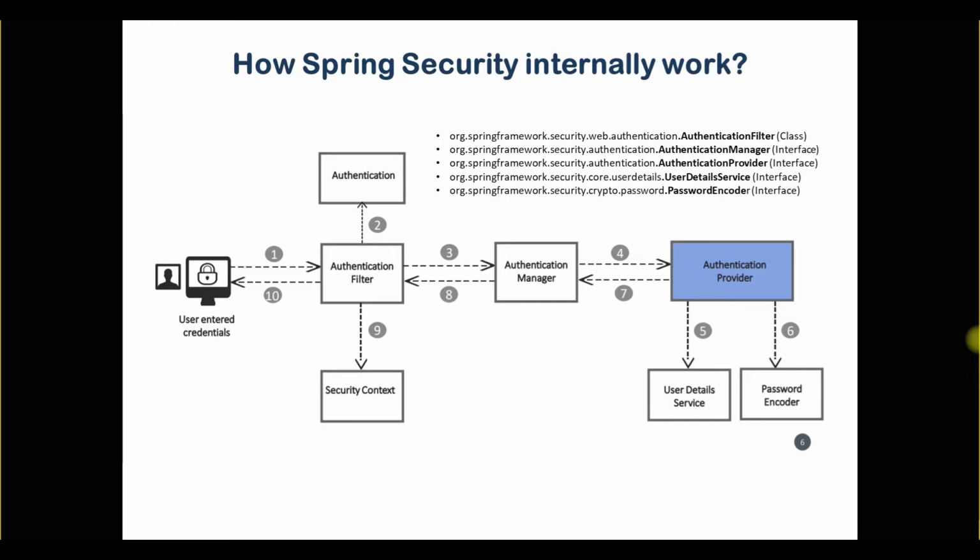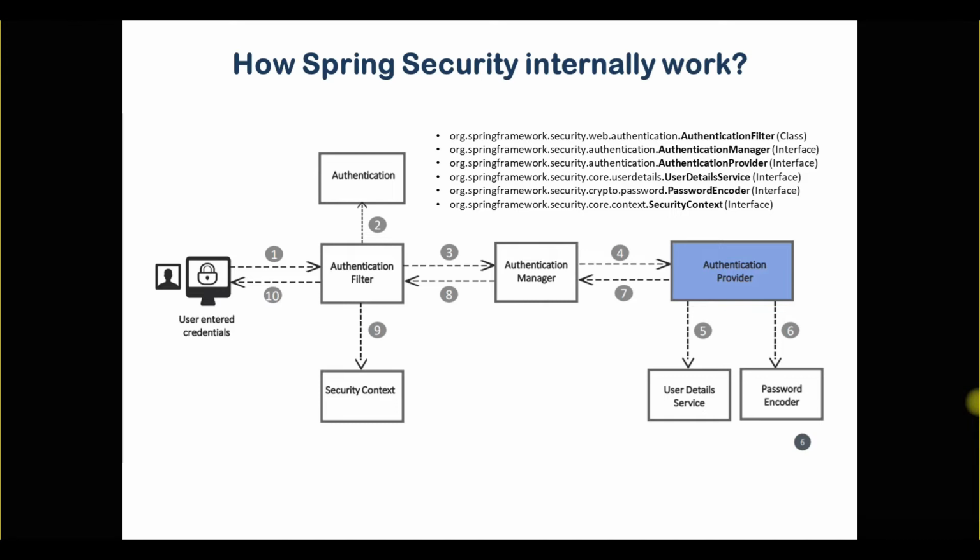Okay, firstly it will go into the authentication manager, and then it will go back to the authentication filter. So now my authentication object, which I initially sent from my filter, has information like whether the user is a valid authenticated user or not, what the authority is, and what roles are associated with it. So this type of information we get here in the authentication filter.